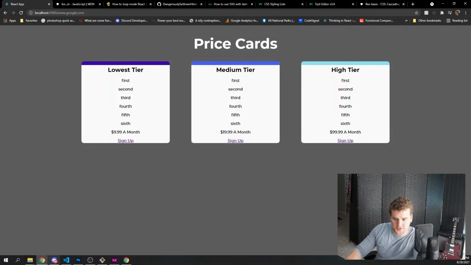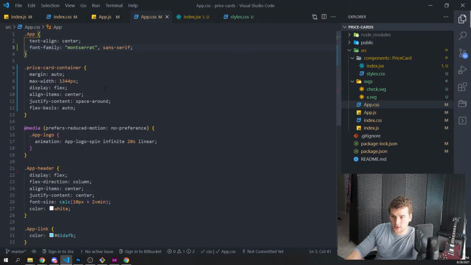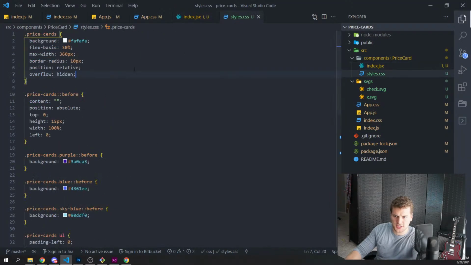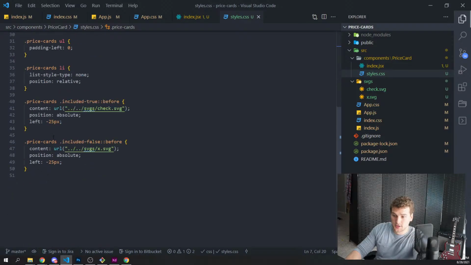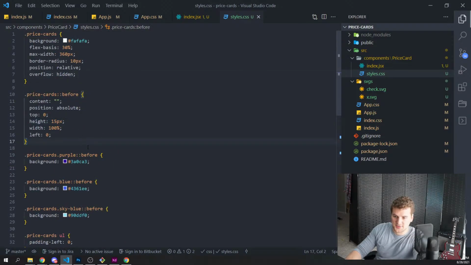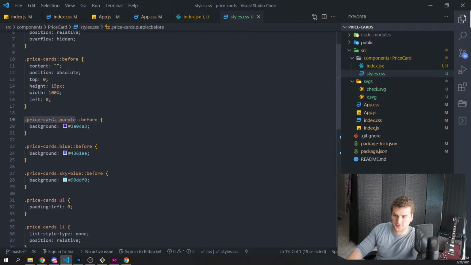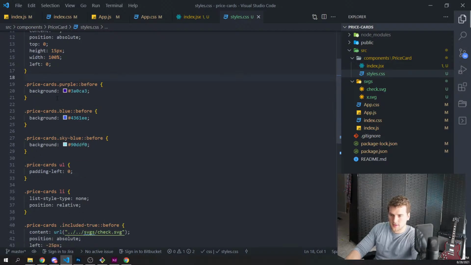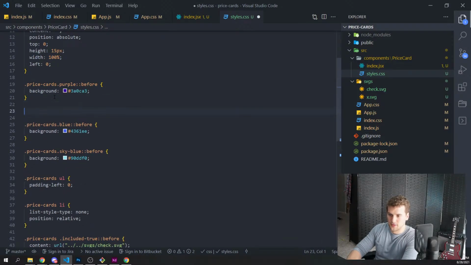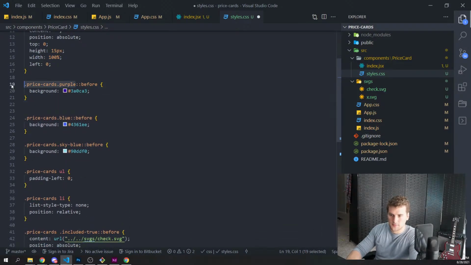Let's style these buttons real quick. So if we go back to our index, our styles in our price cards, we are going to need the buttons to have specific colors, right? So we might have to grab these again. We'll just stick it after that. Give me this. There we go. Button. No, those are A tags, right?